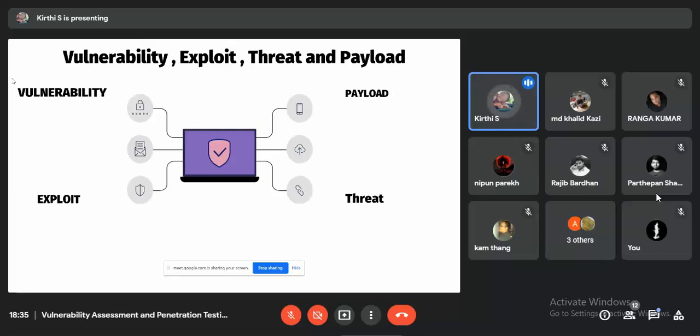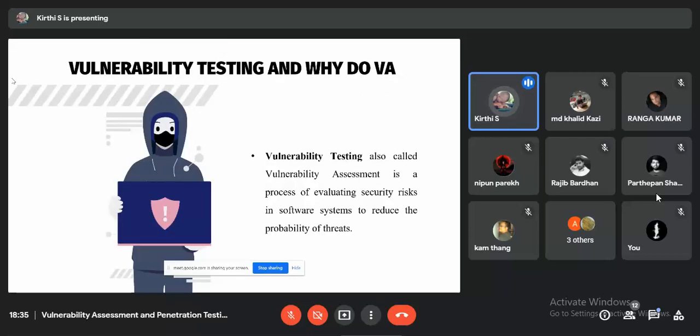An exploit is a piece of software, program or service that makes use of a vulnerability as an opportunity to gain unauthorized access to a system. A payload is code which is used to gain unauthorized access to the system with the help of an exploit. A threat also gains unauthorized access, but it damages and steals the sensitive information in the target system.